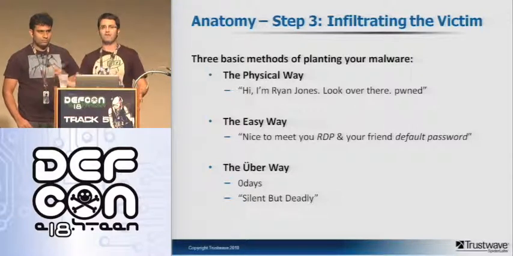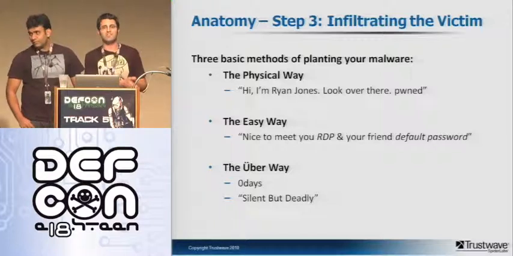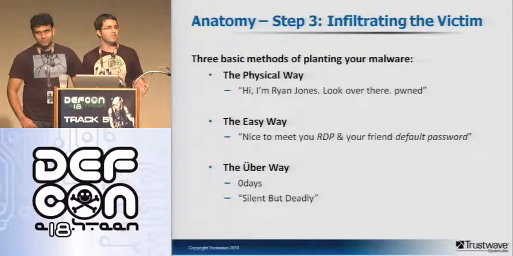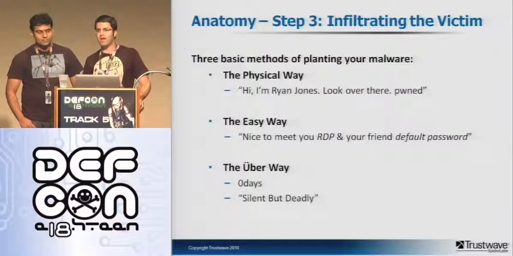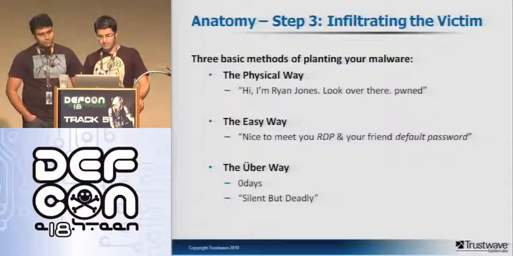Now the malware itself that's being installed has complex properties, but the attack vector is very, very simple. It's something that should not be there, but we see that hundreds of times in many environments. And then you have the über way, basically the 0-day. We do see that from time to time, but in most cases the attackers are going to use vulnerabilities that are rather old, things that have been around for a very long time and are just available for the attackers to take advantage of.